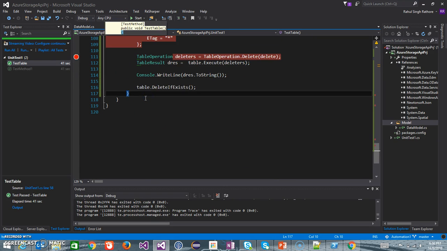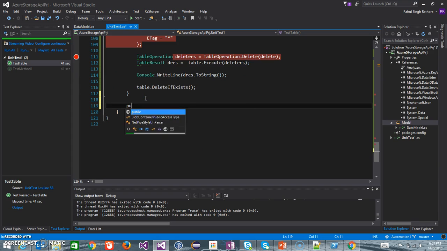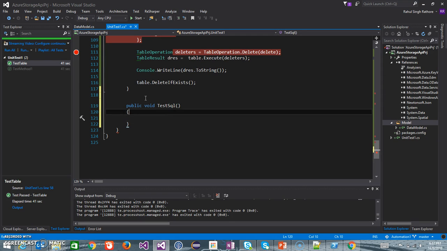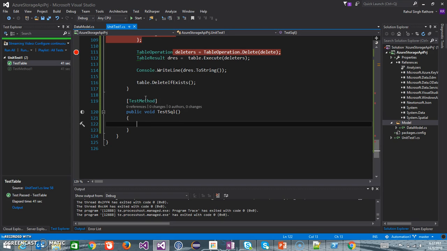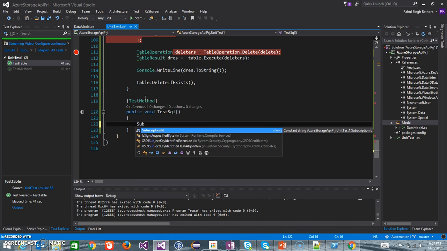And here I will create one more method called public void TestSQL, and the attribute on this method is TestMethod. So first of all, I need to get the cloud credential object, so subscription,